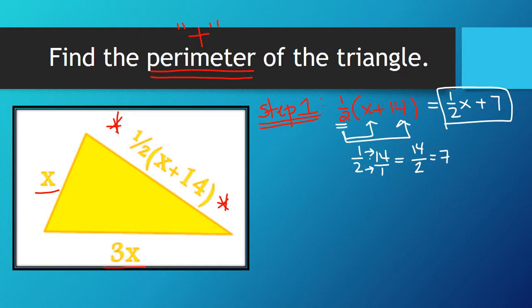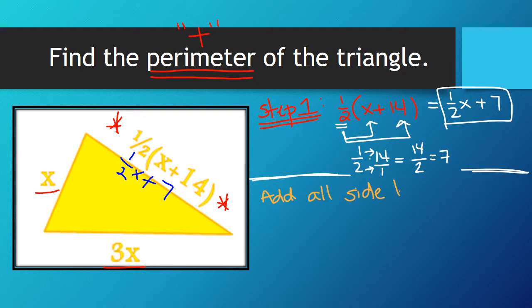All right, so I'm going to actually put this side over here so I can see what I have. Okay, so now I have all my side lengths. And I know that when I'm looking for perimeter, it says take all your side lengths and add them. So I need to add all my side lengths. And so what does that give me? Well, it gives me an x, a 3x, and then a 1/2 x, plus 1/2